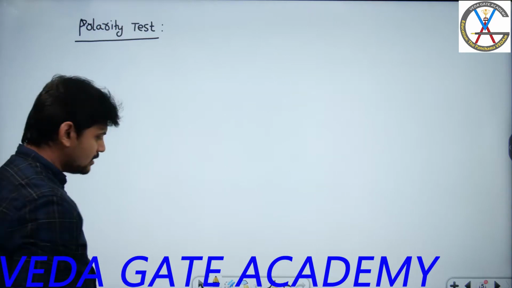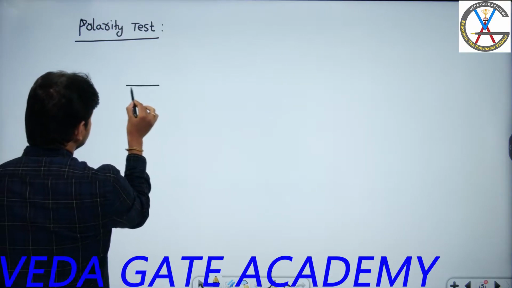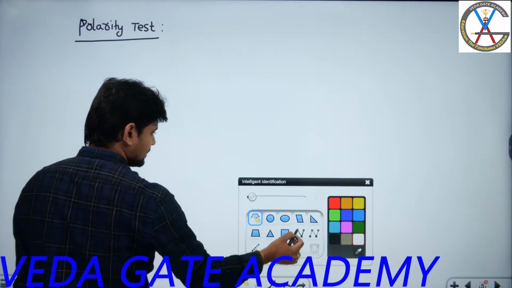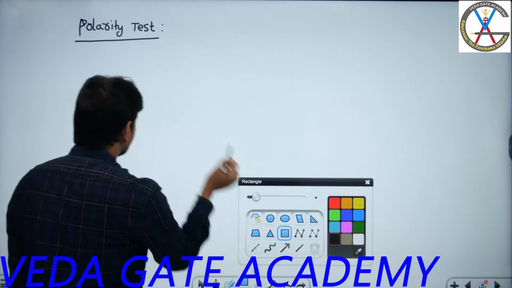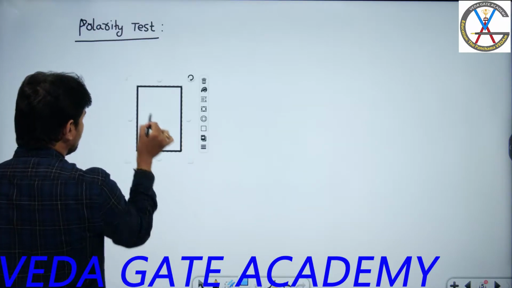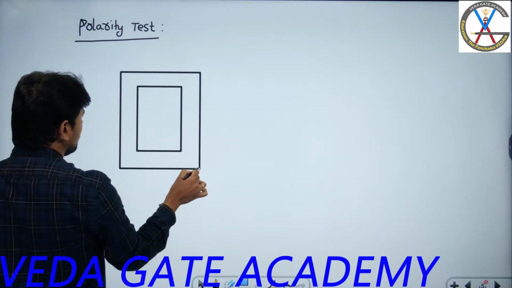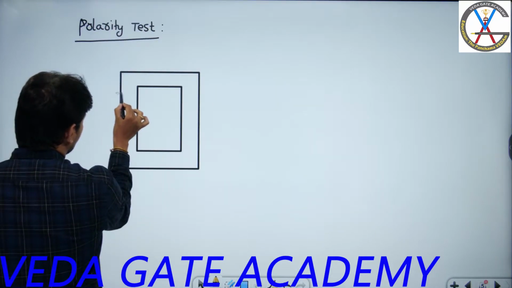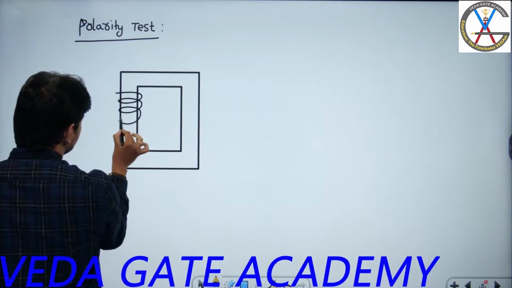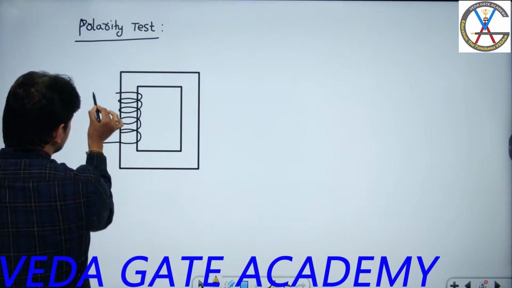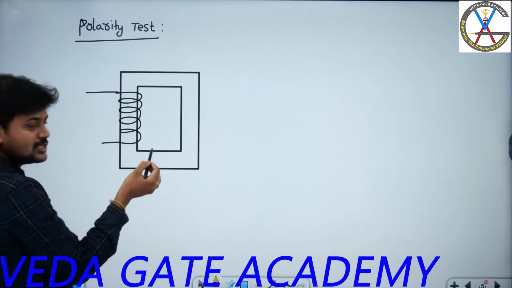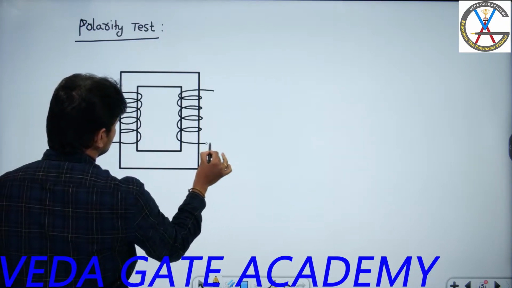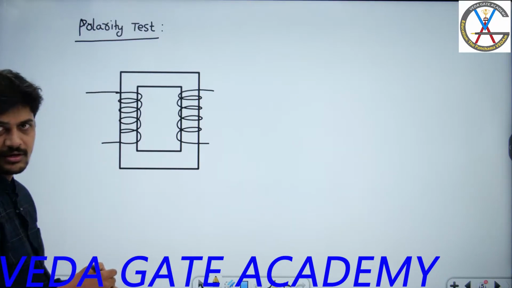So now again I am going to consider this is my transformer core, on which I don't know the sense of the winding. Instead of winding the winding, I am assuming that this is my sense of the winding. Is it clearly visible? No, right? So I don't know how it is wound. Similarly here also I am winding the winding in this fashion. So that means I don't know the sense of the winding here.